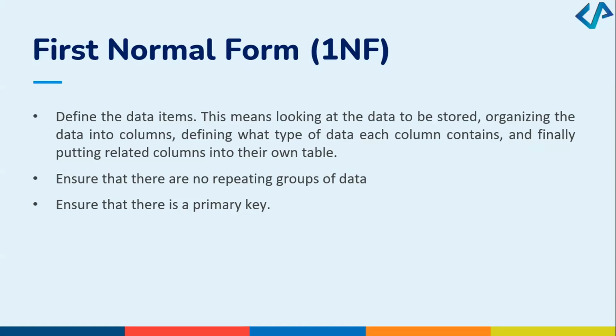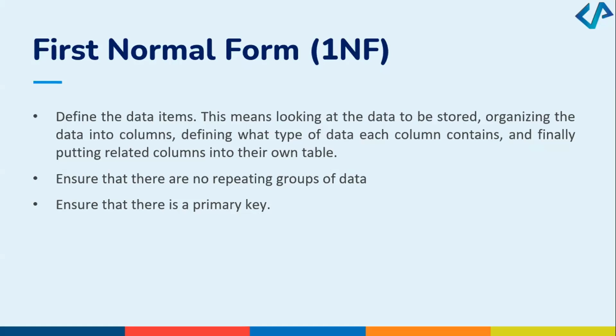Any example? For example, something which comes to my mind is a table. Let's say it has record data on a book, right? And there are some authors, and that table has book ID, author 1, author 2, author 3. This is not in 1NF. Why? Because author 1, author 2, author 3 are all repeating the same attribute, right? So very important, with 1NF, make sure nothing gets repeated, right?